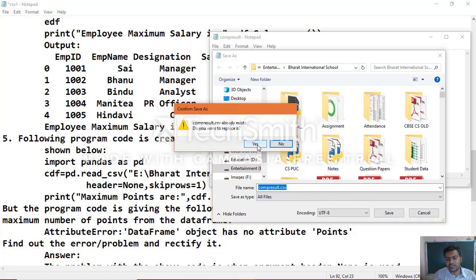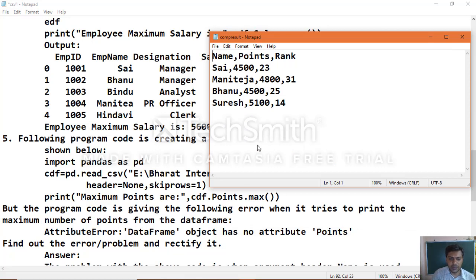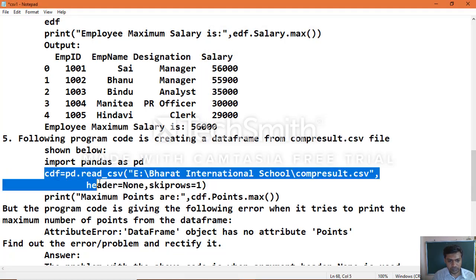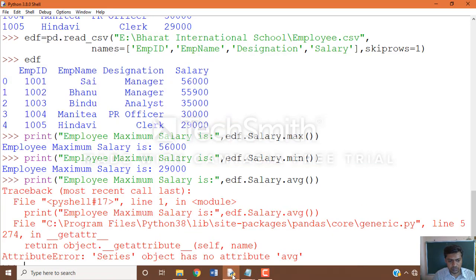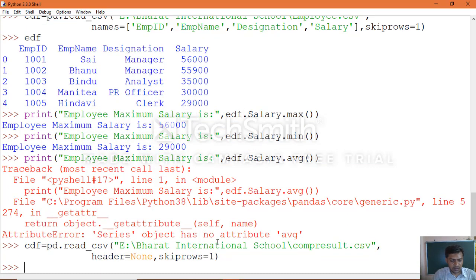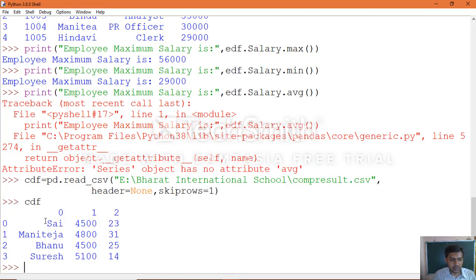I already created it, that's why it asks me whether I want to replace it. Okay. So now we created the CSV file. Now we are able to execute this statement. Print the statement. The object name is CDF. You can see the output.